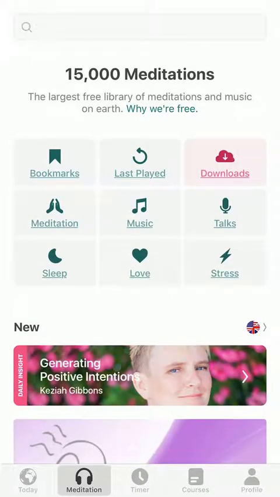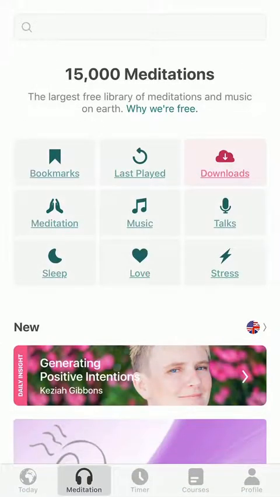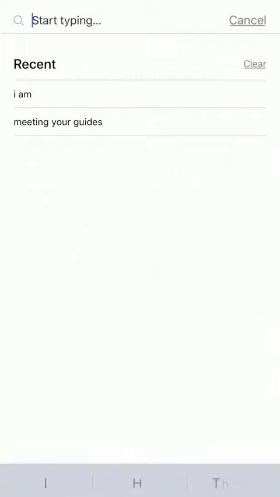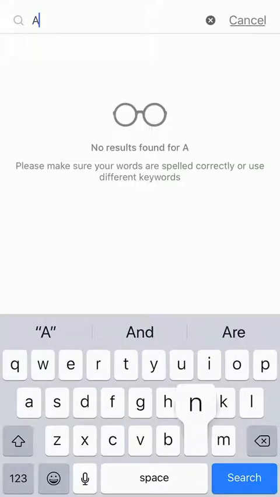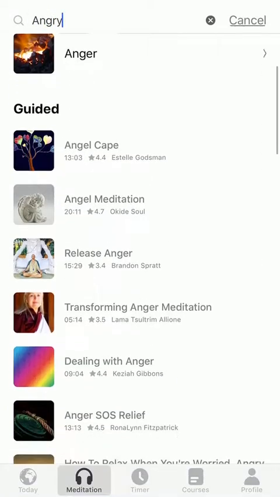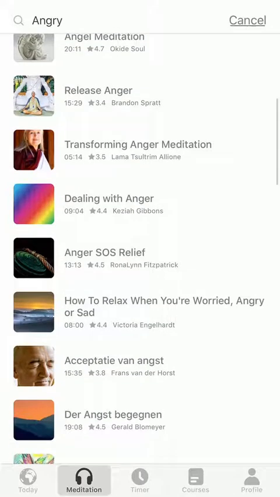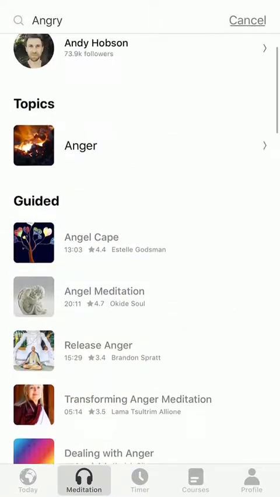Now you can use the search function at the very top. I'll take you back to that so you can see where I went. At the very top there's a little magnifying glass. I tapped that, and you can start putting in something. Sometimes I put in how I'm feeling. If I'm feeling angry, I think, oh, I need to do something about how angry I'm feeling. You can go down and find all kinds of meditations on dealing with anger and transforming anger, and that's just